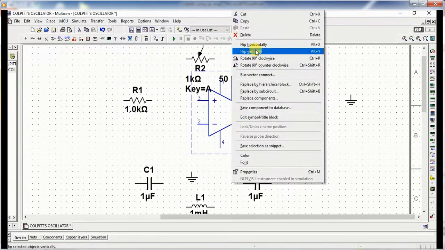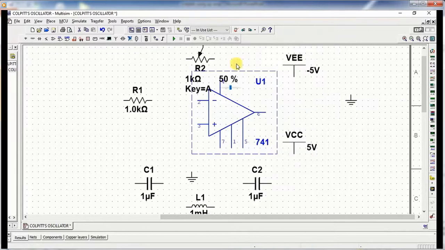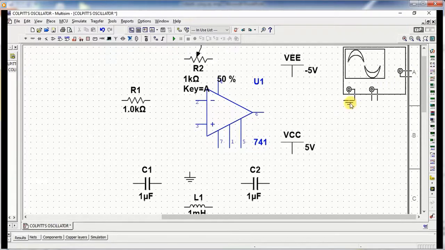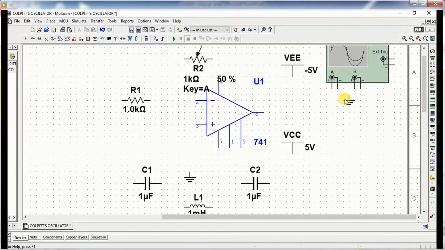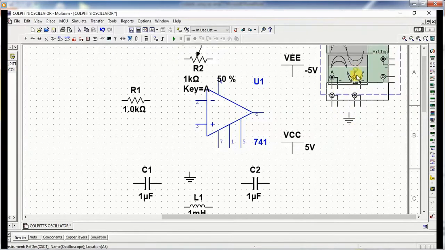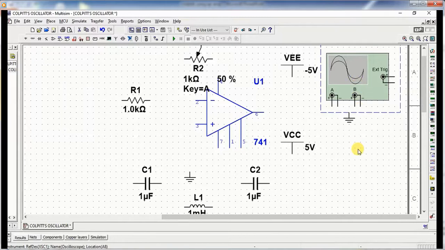Now flip the circuit vertically. Now the CRO is also required, so you can select the CRO and drag it, so you can check the result on the CRO.